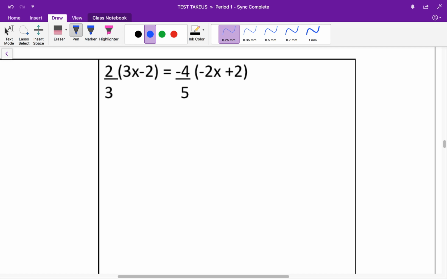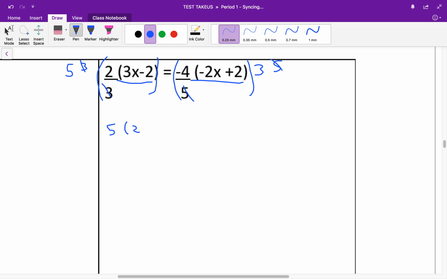Now here, it looks a little different, but you can just imagine it looks like this. So we're going to do the same thing, just twice. So we're going to multiply this side by 3. And these are going to cancel out. If I do it to this side, I have to do it to this side. I'm going to multiply this whole thing, not just part of it, by 5. And those will cancel out, and I'll be left with this. So that leaves me with this 5 bracket 2 bracket